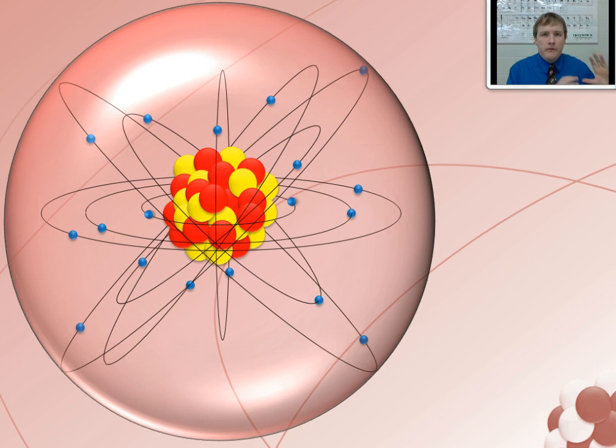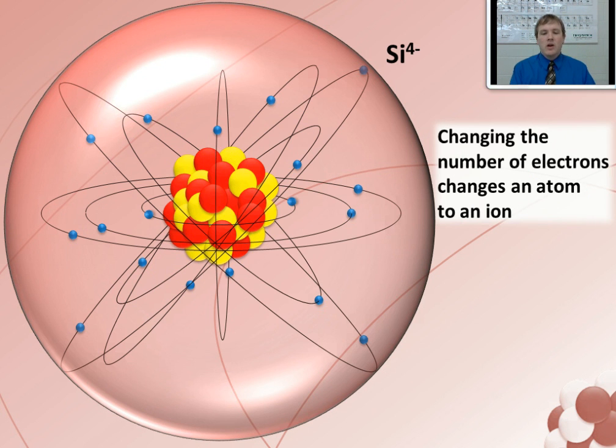Because there are still 14 protons in the nucleus, this is still silicon, but it's no longer just a silicon atom. We just changed silicon to an ion. Changing the number of electrons changes atoms to ions, charged particles that can react with other particles. When we changed silicon by adding 4 negative electrons, we gave it a big negative charge of 4 minus,